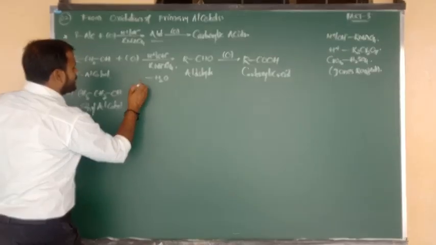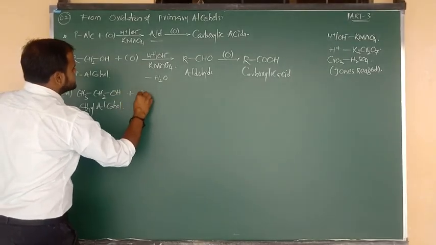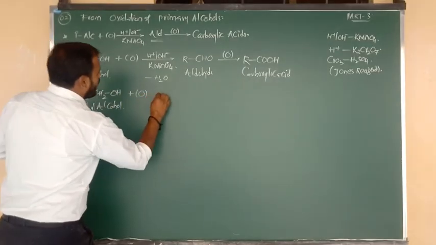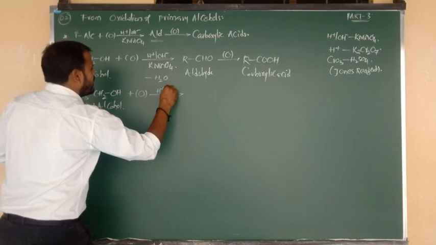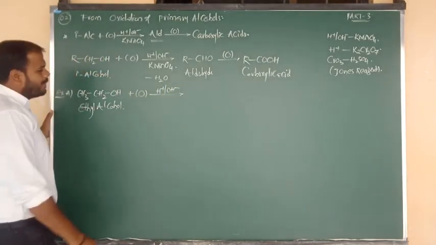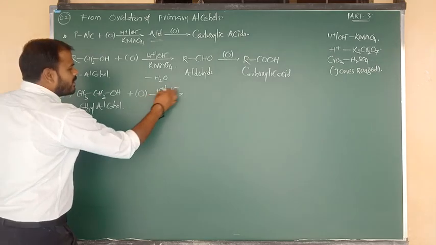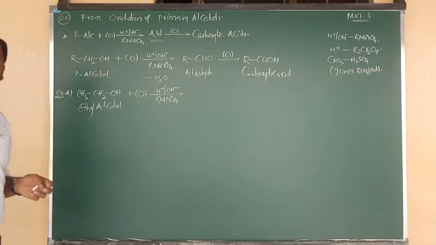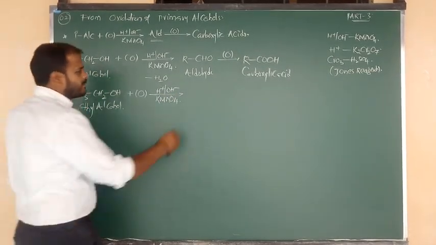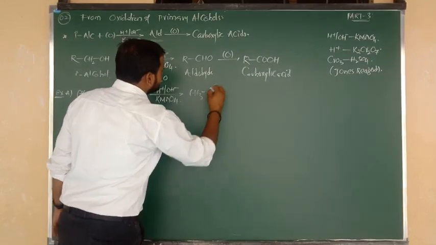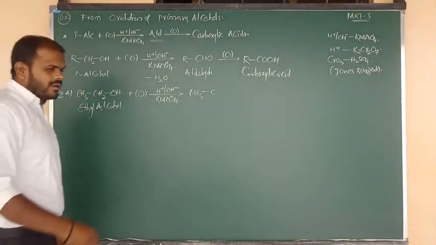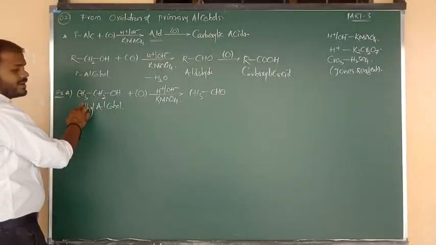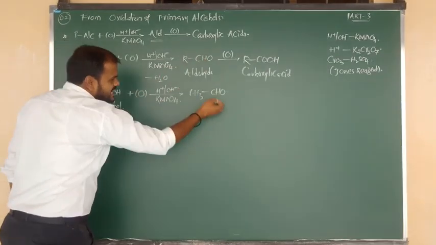Ethyl alcohol or ethanol undergoes the process of oxidation. What is the process? Oxidation. The reaction takes place in acidic or basic medium. Which do we have to consider? Potassium permanganate means a strong oxidizing agent has to be considered. CH3 group connected to C; this C contains two hydrogens, we removed one hydrogen. Same thing, here we are getting aldehyde. Just in the place of R I have written CH3. So in the place of R, CH3, CH3 bonded to CHO.